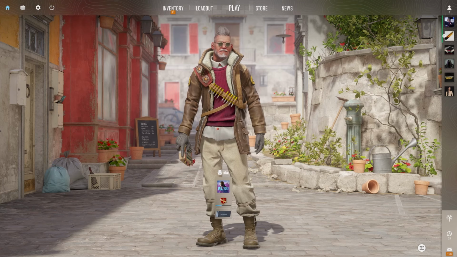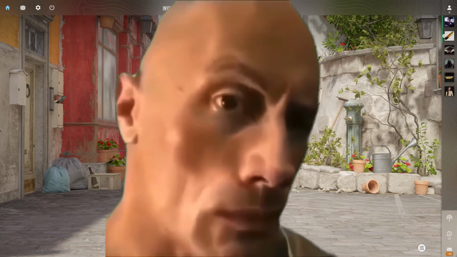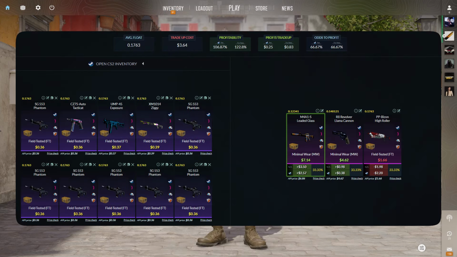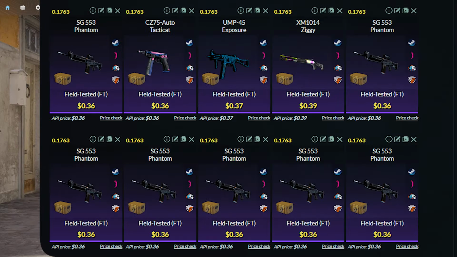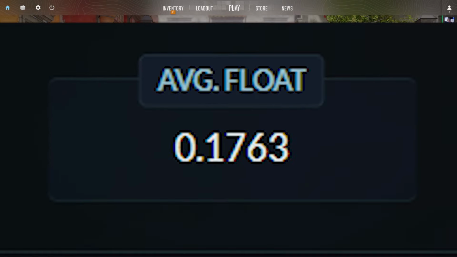Next trade up, let's go with the low risk trade up, but it is not really low risk since we could lose almost all our Steam balance. But anyway, this will be our first restricted trade up in where we will be using 10 restricted field tested Spectrum 2 skins. Now, the average float of the 10 skins needs to be less than 0.1763,